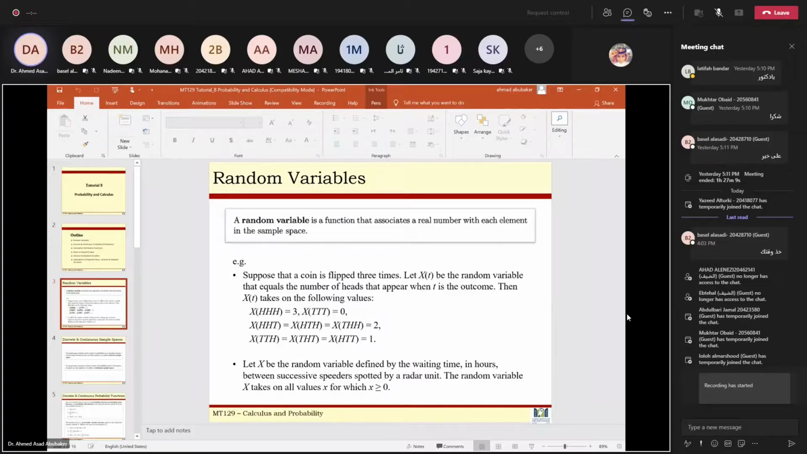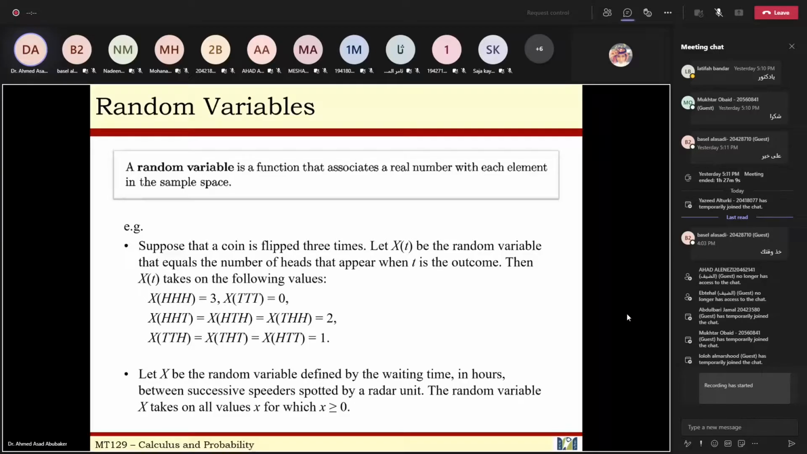Firstly, the random variable. This is a function that links between sets and real numbers. Look at this example. Suppose that a coin is flipped 3 times. A coin has a head and a tail, two faces. So if the coin is flipped one time, just one time,